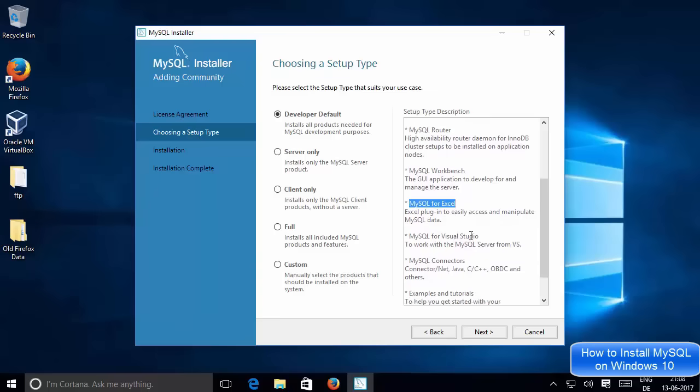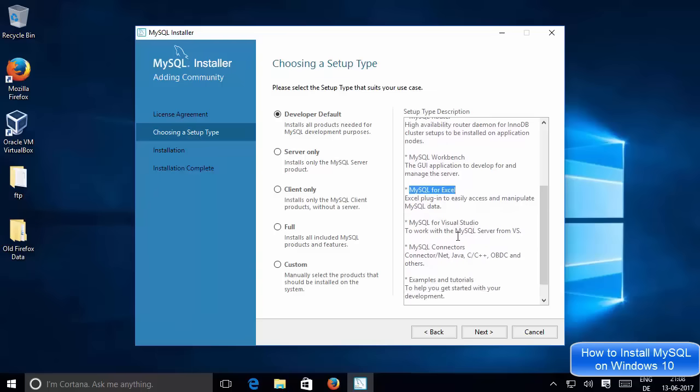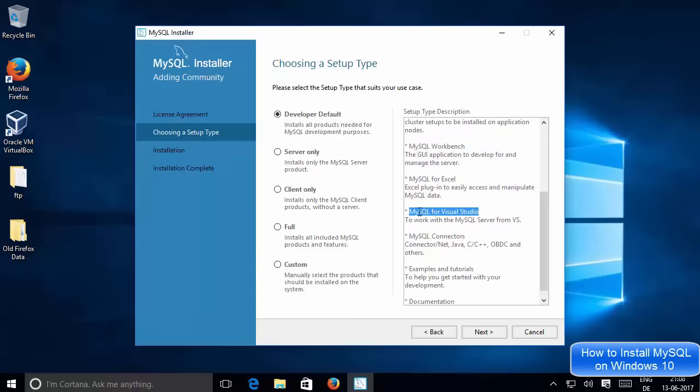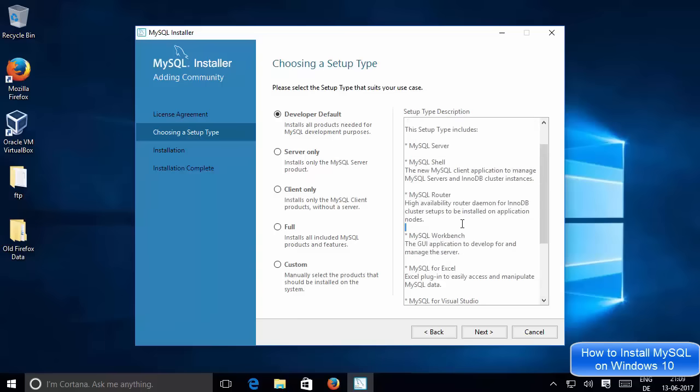And then you have the MySQL for Visual Studio. For example, if you want to install or develop some Visual Studio application, it has the connector for that. And then the other languages it also supports, for example .NET, Java, C++, and for other languages it's also available, right? So I would like to select this option which says developer default, but if you want only server, then